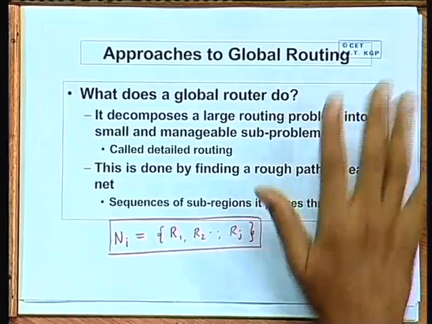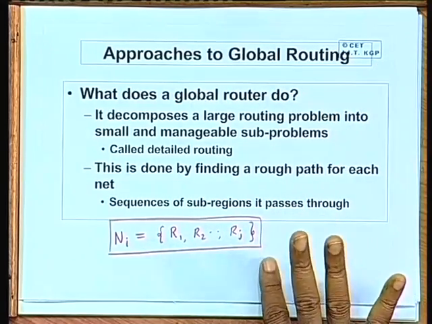So compiling all of them, the requirement for each of the regions will be fixed, and after that detailed routing will be done. Okay. Now global routing, although this is the problem, let us look at it from a slightly different perspective. Suppose the floor plan is given to us, well, in fact it is normally given. The floor plan may be given, but maybe not the placement, but we are trying to do the global routing at the level of floor plan itself. That also you can do. So although we have not done the actual placement, we have completed the floor planning. But from that floor plan information, we can do the global routing.